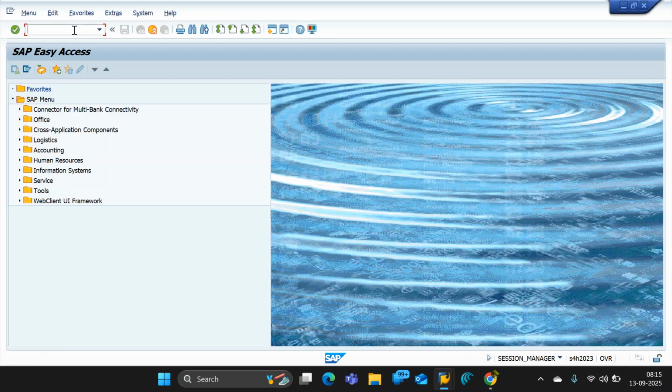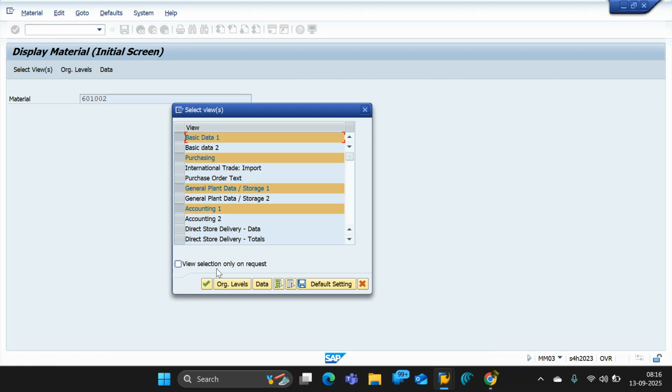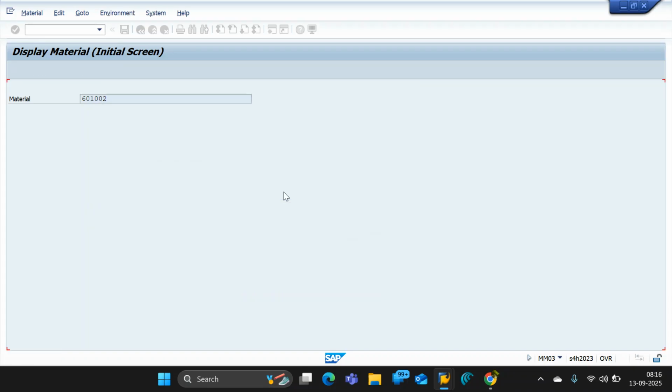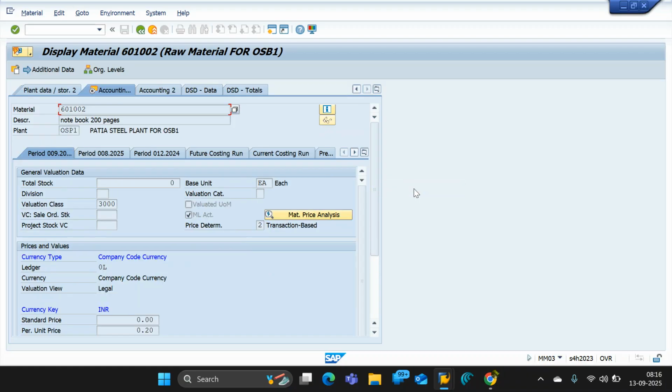in S4 HANA, for displaying the material, MM03. So maybe this may be the material number OSP1. I think we have created in that. Yeah. So in accounting view, go to accounting view. So here look, that is material ledger. Okay, this is the FI related. This is the field, but yeah,